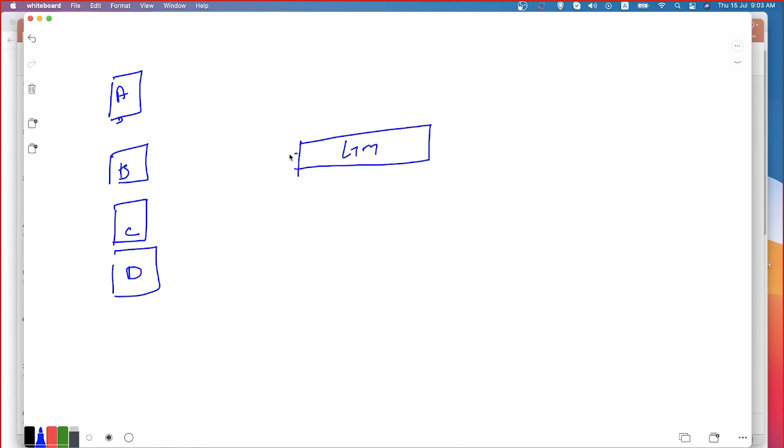The internal interface is 1.1, which is configured with the self IP of 10.1.1.2 and the floating IP of .1, and this is connected to VMnet 1. The servers are also connected to the same VMnet 1. Is that clear till this point?